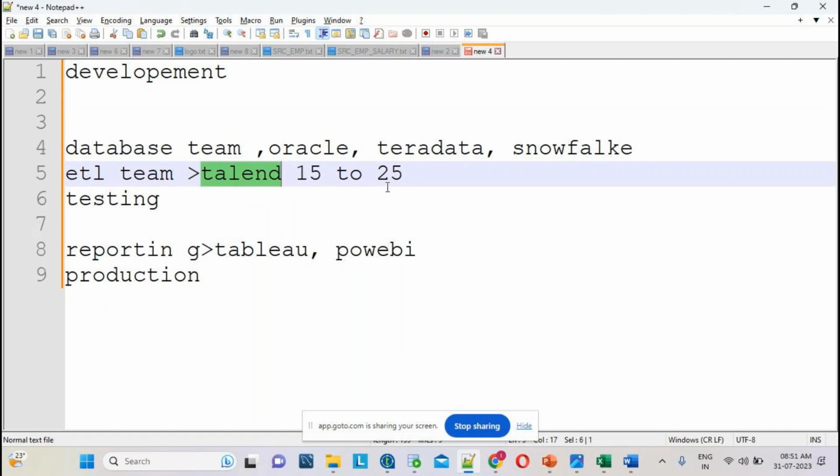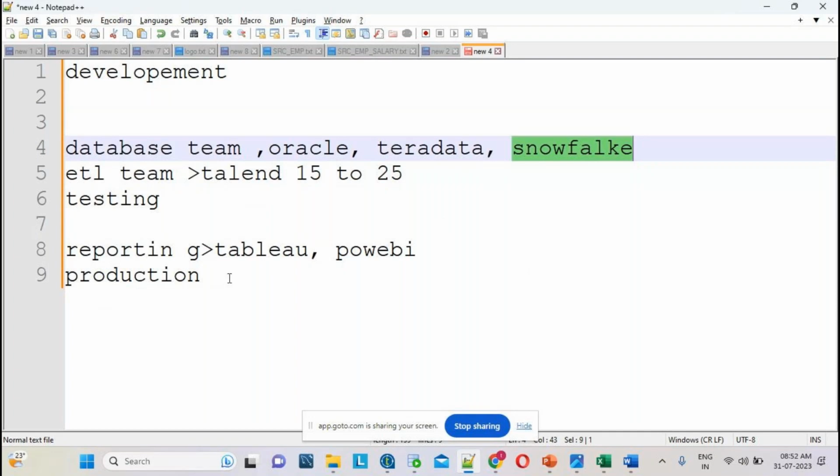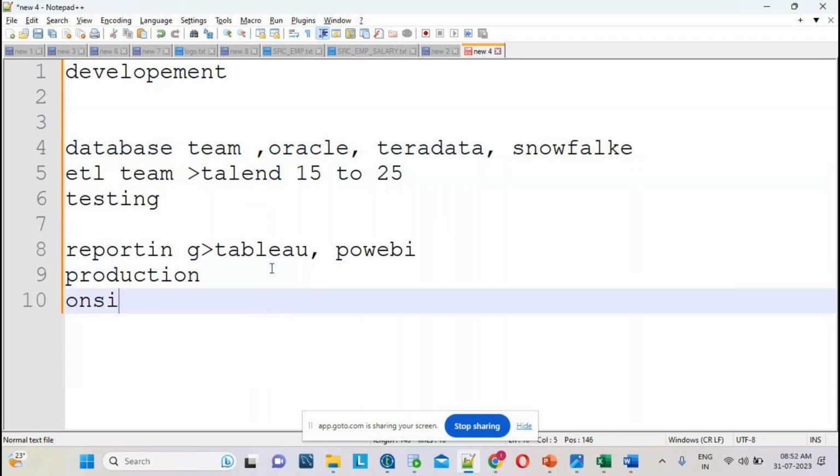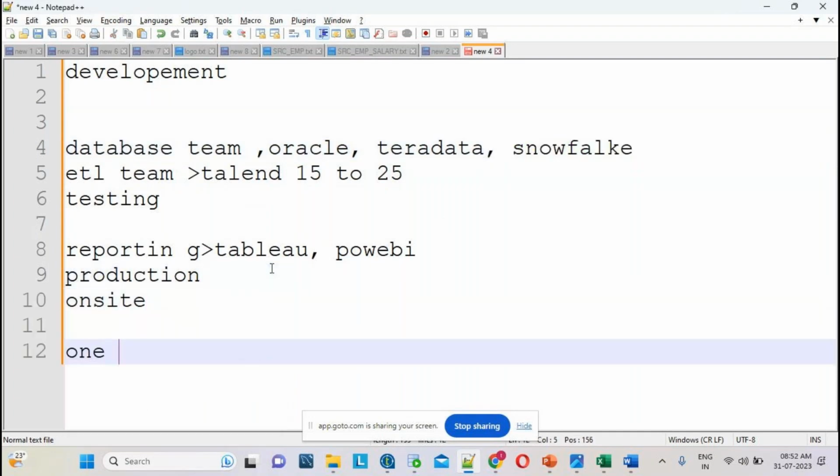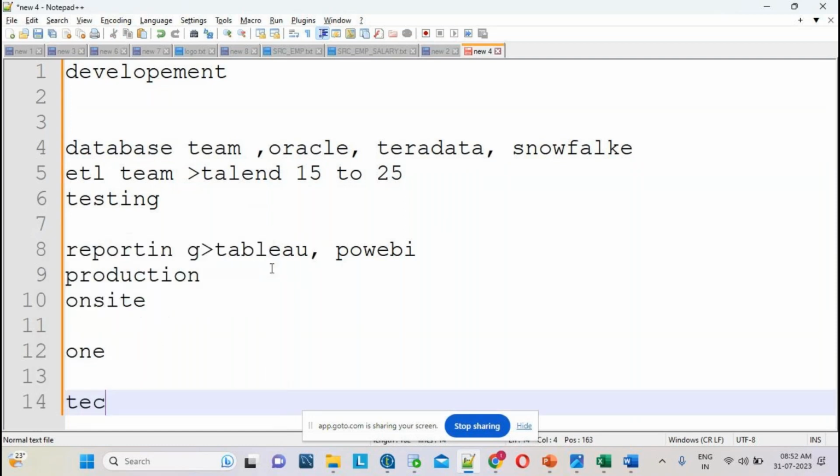If you learn any one technology, it is enough, but suppose an on-site opportunity comes and one person knows one technology while you know two, who will they prefer? The one who knows multiple technologies. That's why nowadays the trend is that you should learn a minimum of 2 to 3 technologies.